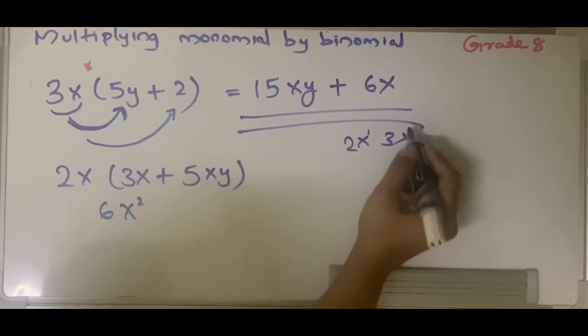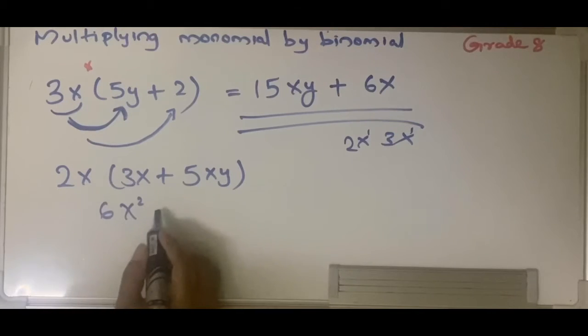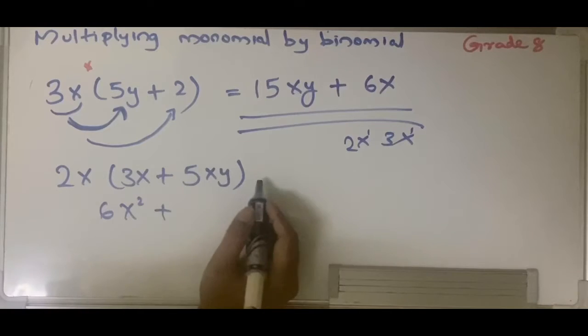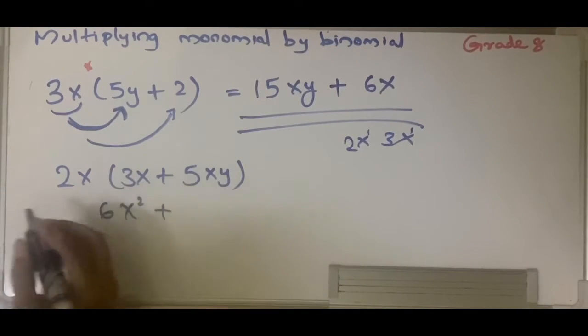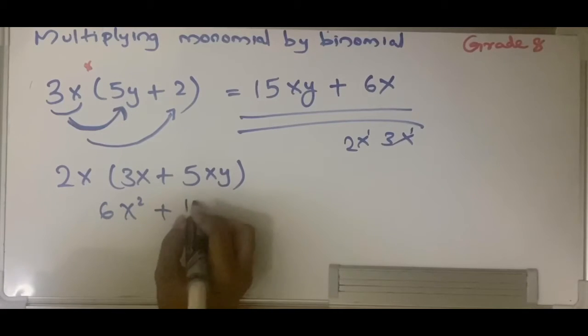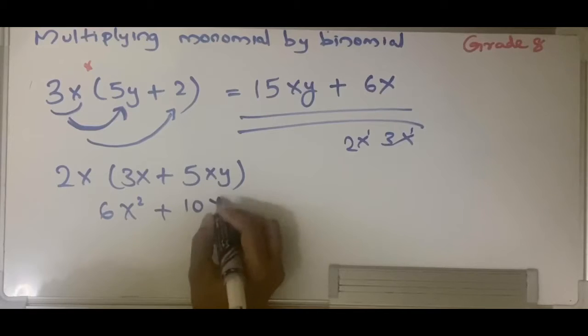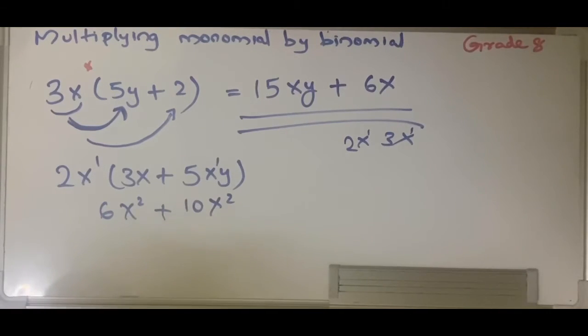Because x raised to 1, x raised to 1, you have 2x, right? So 6x square it will be. Then I have plus, that is because it's plus 2x times plus 5xy, which means your answer should also be plus. So you multiply the numbers first, and 2 times 5 would give you 10, right? And x times x would give you x square, because you have exponents 1 in each case,